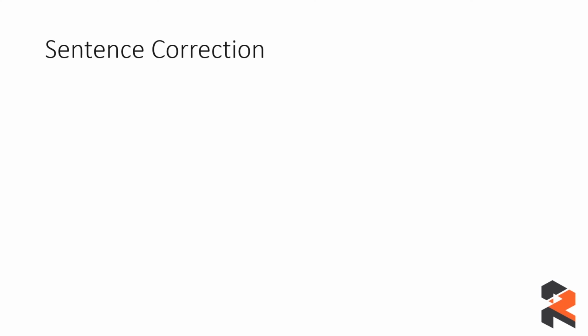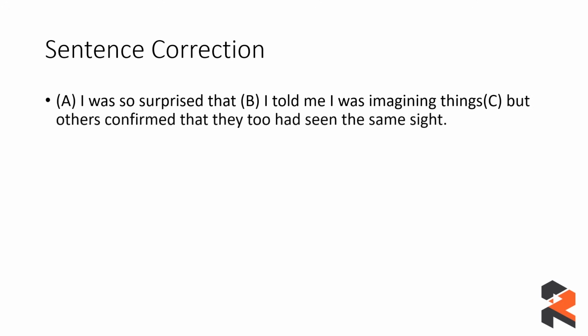Let's look at another question, that is sentence correction again. Now you have three different parts in this sentence, and you need to tell which part of the sentence has an error. You have these options, that is A, B, C and no error, which means that this sentence is correct, there is no error. So the fourth option is no error for that purpose. So let's look at the options and this sentence to find out our answer.